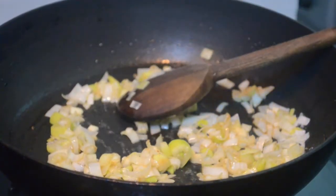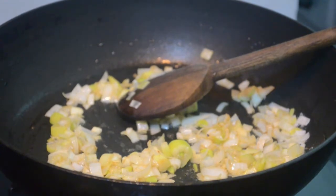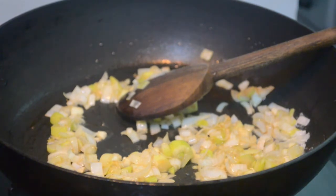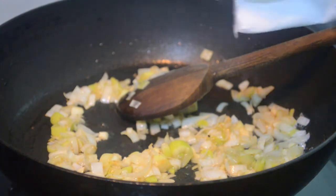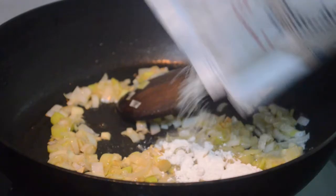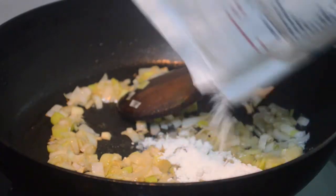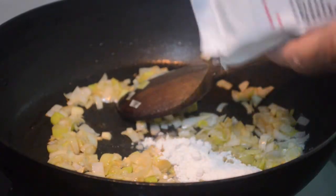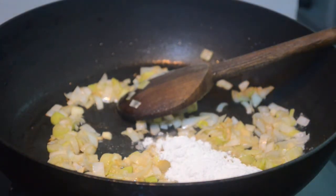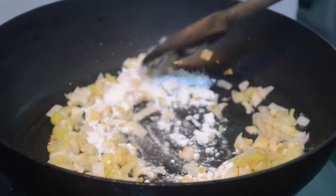So I've got the butter in there. I'm now going to add some flour. It's about half and half butter and flour. I think that's about right. And that's for thickening, and I'm going to be using mostly milk to make my